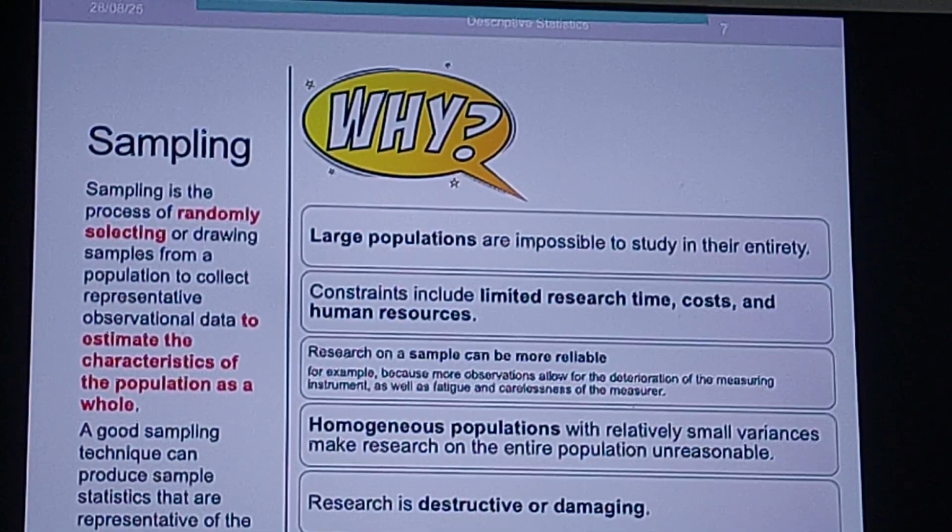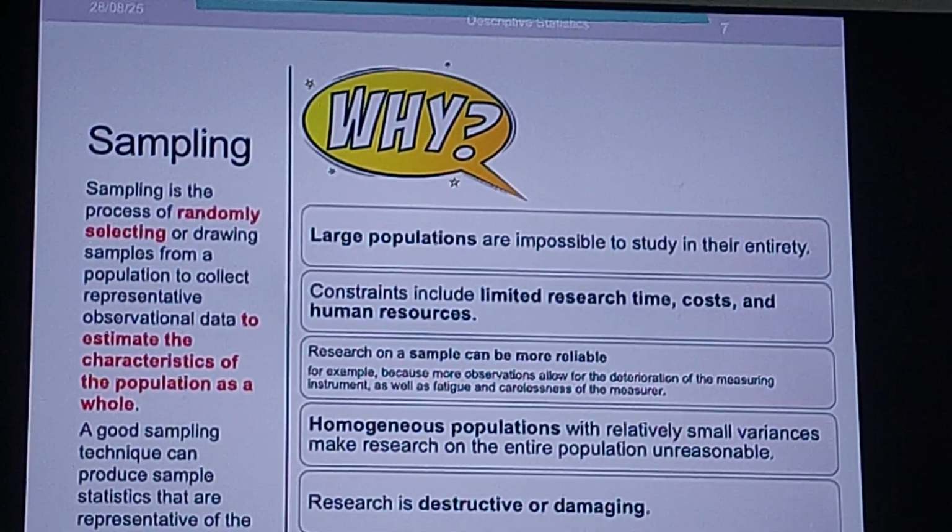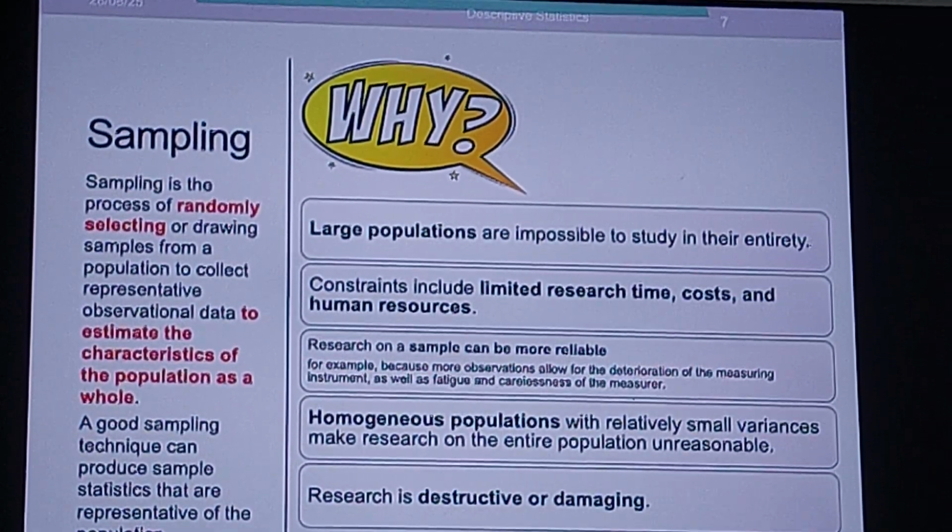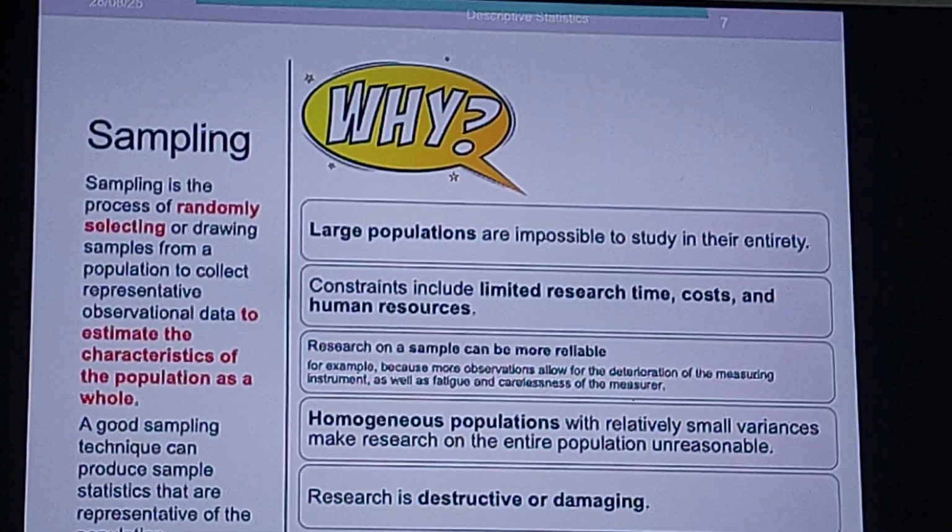There is limited time, and a constraint not only for the fund, but maybe the time and also the resources. That's why students usually do not use the population as primary data, but take a sample for the further analysis. The constraints include limited resources: time, cost, and human resources, as I already mentioned. And research on a sample can be more reliable